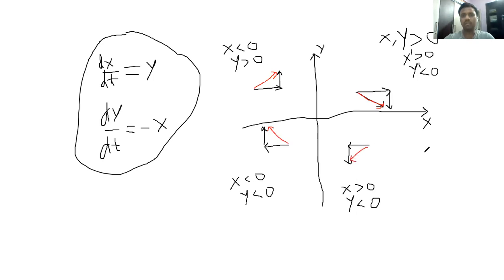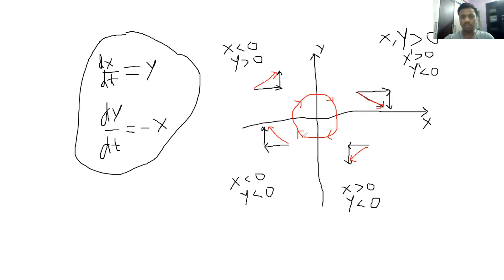So now you can check the direction of the trajectories in each quadrant, if it starts from this point. So what were the trajectories? The trajectories were a circle like this, x squared plus y squared is equal to k for that particular example. And what will be the direction? In this quadrant, the direction will be like this. In this quadrant, the direction will be this. In this quadrant, the direction is this. In this quadrant, the direction is this. So you can check this is the trajectory for a particular value.